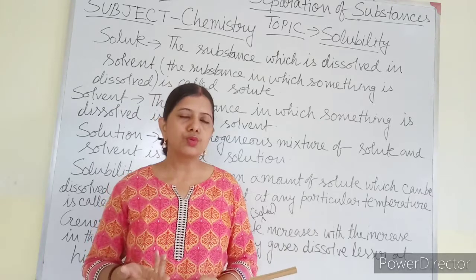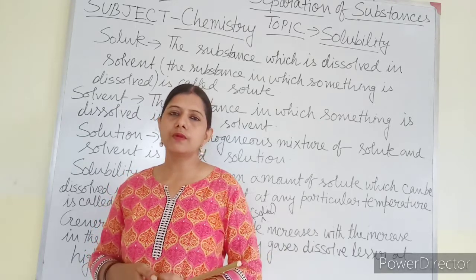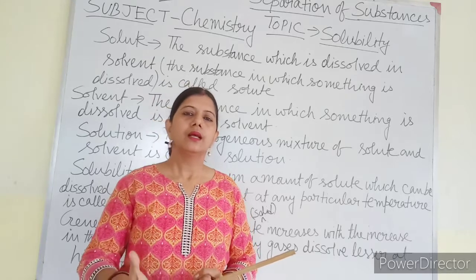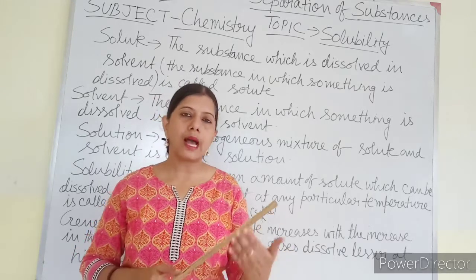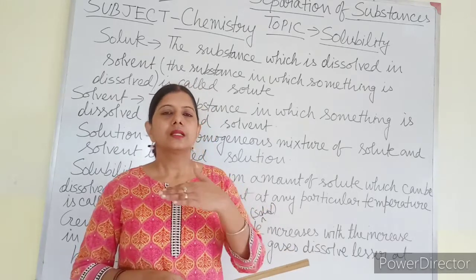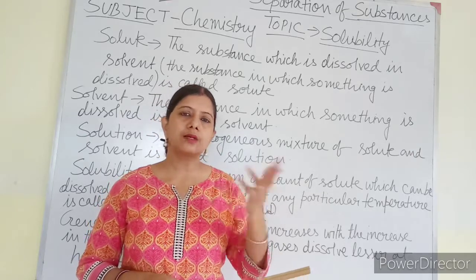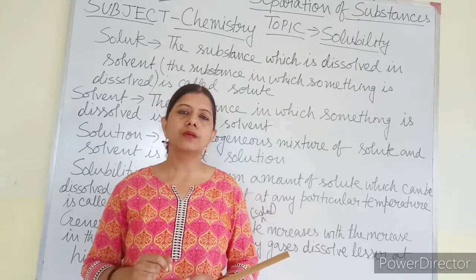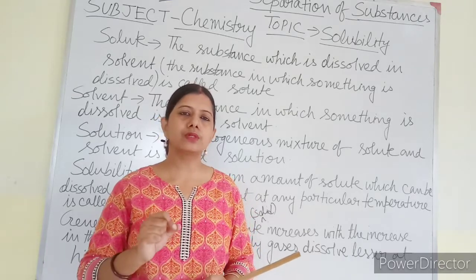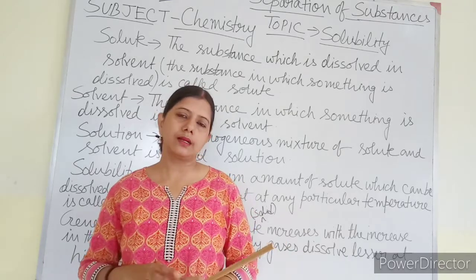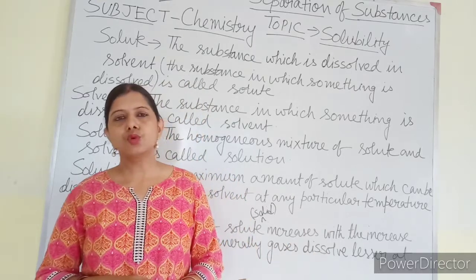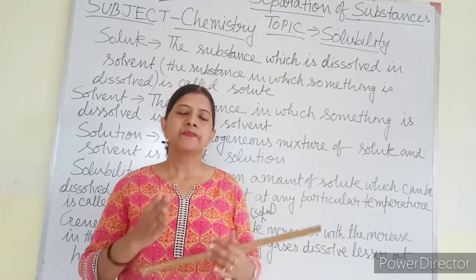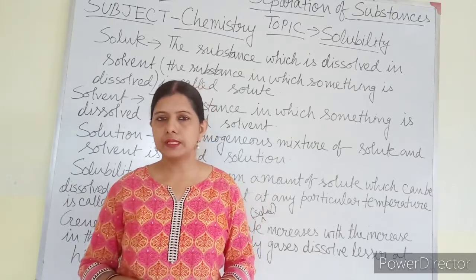Due to sublimation, ammonium chloride will be converted into gaseous form and that gas will go high up in the container and deposit at the top of the container. If you cool it, you will find that ammonium chloride crystals have been deposited at the top of the container, which you can separate. So by sublimation it is possible to separate ammonium chloride. Two components have been separated.